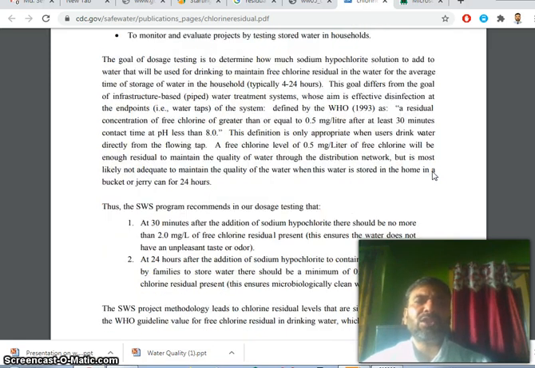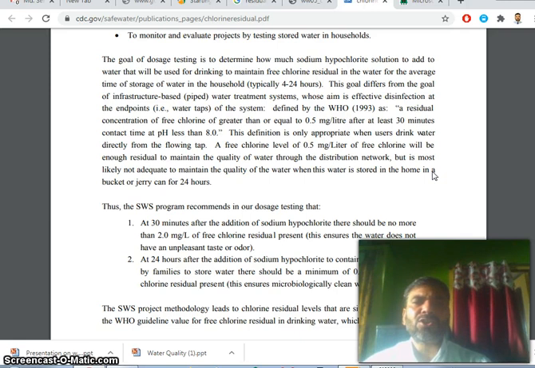The goal of dosage testing is to determine how much sodium hypochlorite to add to water that will be used for drinking, to maintain the free chlorine residual in the water for the average time of storage of water in the household. This goal differs from the goal of infrastructure-based piped water treatment systems, whose aim is effective disinfection at the endpoint water taps of the system, defined by WHO as